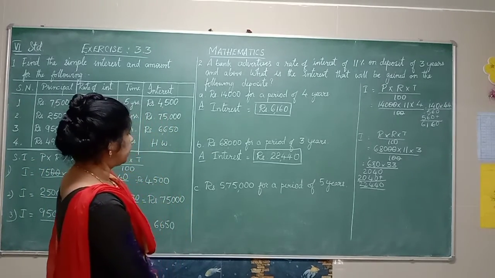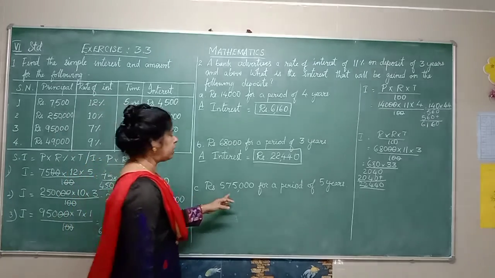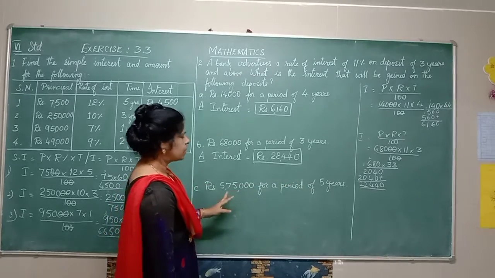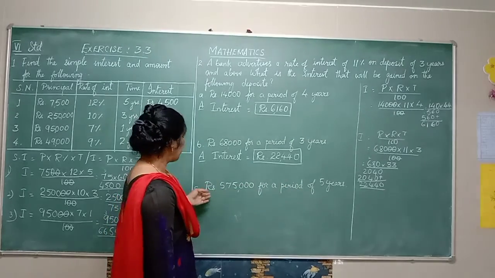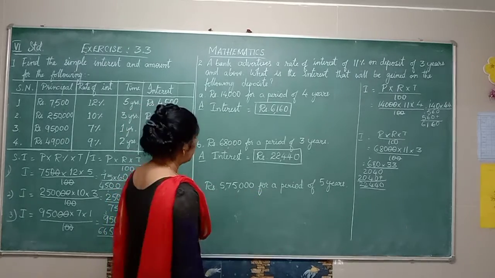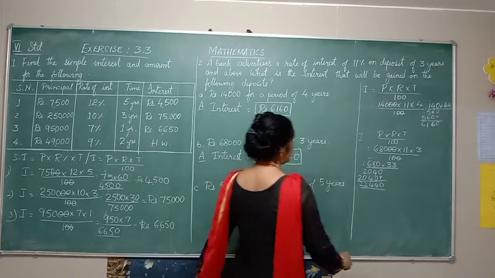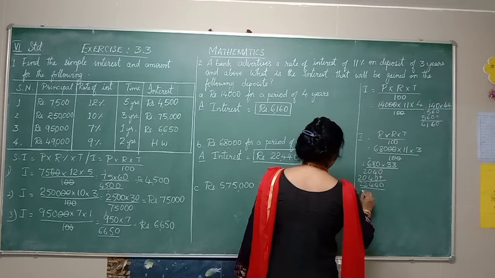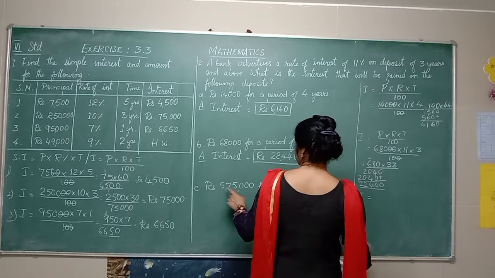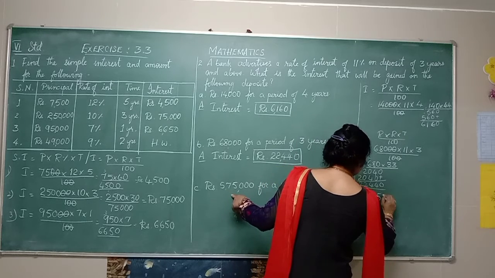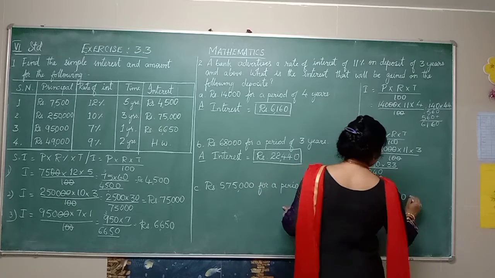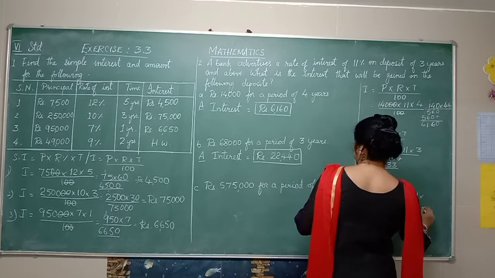So the next question, rupees 5,75,000 for a period of 5 years. This is a little higher amount, isn't it? So rupees 5,75,000 for a period of 5 years. Let us calculate again with the same formula. So I is equal to PRT by 100. So I is equal to how much? 5,75,000, rate of interest is 11, time is 5 years,